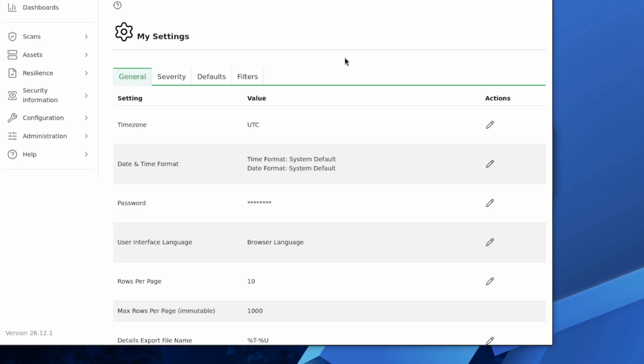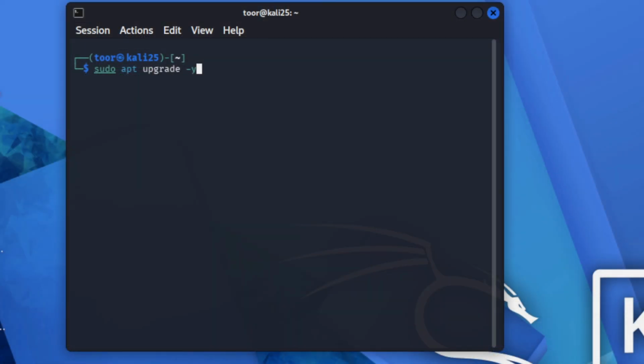Now at this point, we could log out or disconnect from the system because we've changed our password. Open up a terminal after you close your browser window and enter sudo apt upgrade -y and hit enter. More than likely, you'll be prompted to enter your credentials. If you are, enter your credentials and hit enter. Once your upgrades have completed without an error, reboot your system simply with sudo reboot